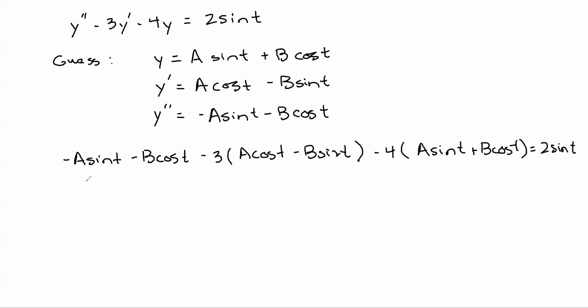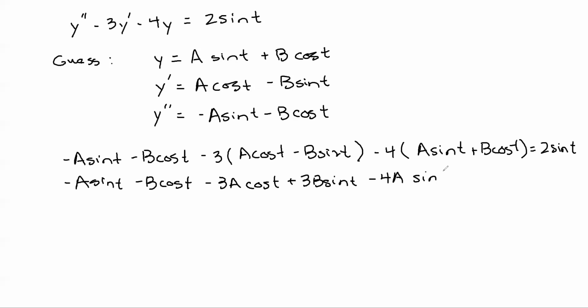Okay, so you could distribute these out: negative a sine t, minus b cosine t, minus 3a cosine t, plus 3b sine t, minus 4a sine t, minus 4b cosine t,